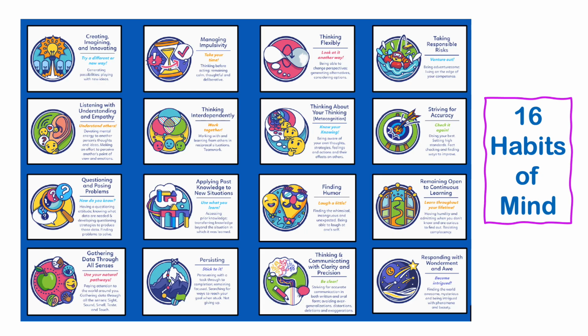Just to share a couple, because I know this is very hard to see, there are things up here like thinking flexibly and taking responsible risks. One of the big ones we see over and over again from kindergarten all the way to adulthood is managing impulsivity, that stop and think before you respond. Persistence is another big one, knowing when to abandon your plan because it's not working and knowing when to stay with something, persisting with a task to completion.